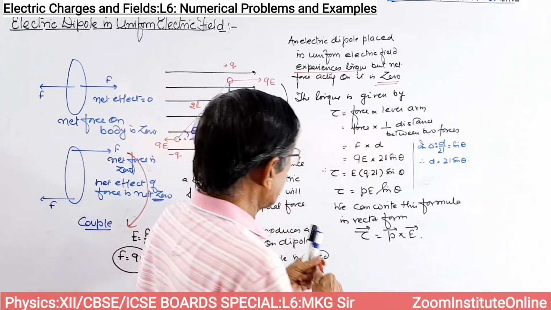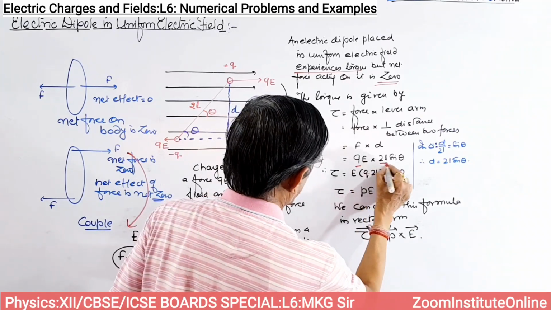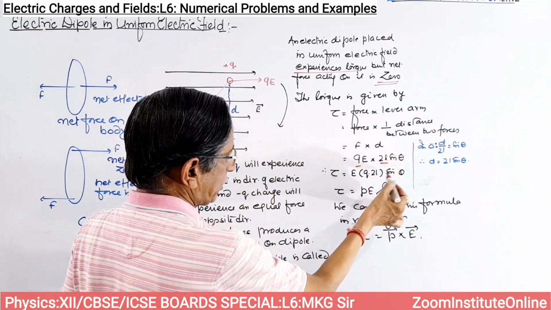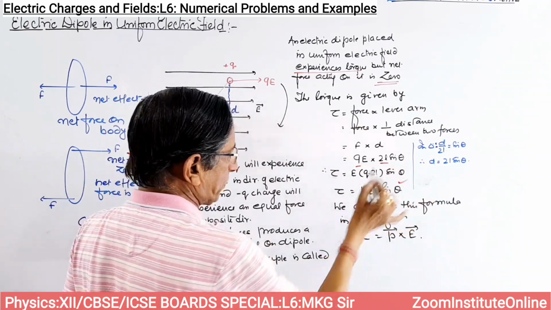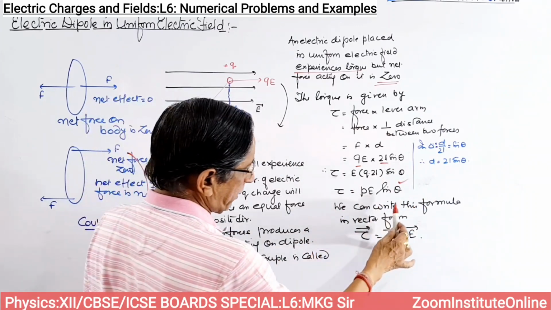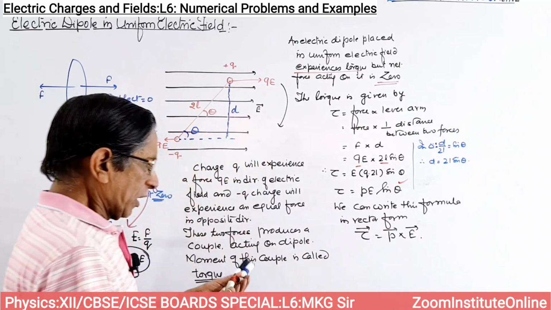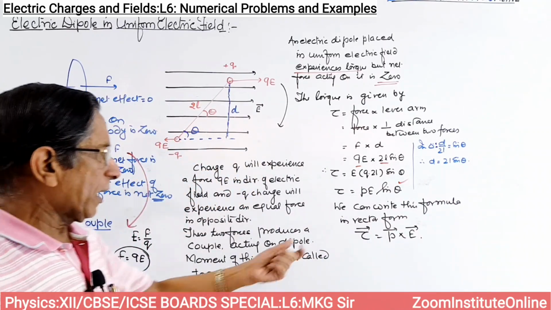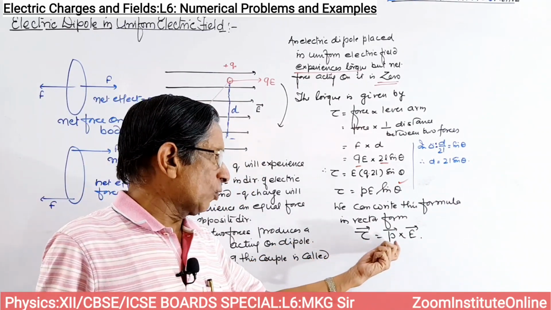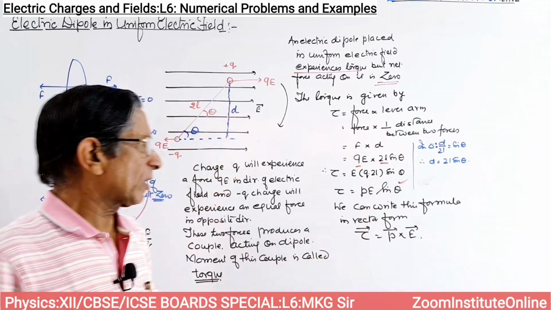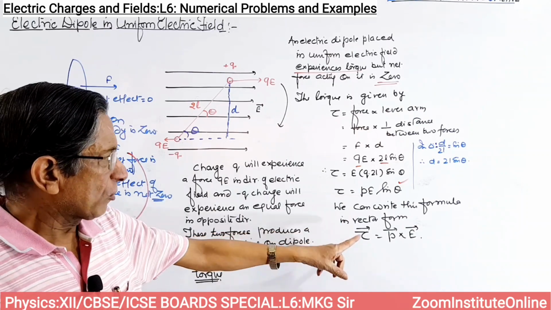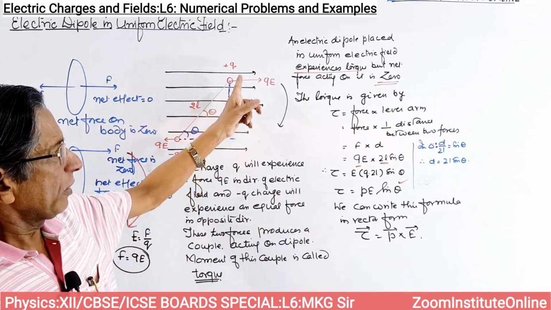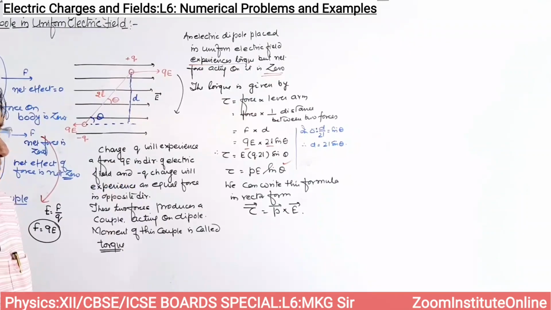तो tau इज इक्वल टू E, 2ql को हमने एक साथ लिख लिया, we have written q and 2l here, sin theta. q इंटू 2l हम पढ़ चुके हैं क्या होता है p, तो tau इज इक्वल टू क्या है बेटा, pE sin theta। We can write this formula in vector form. अगर हम वेक्टर फॉर्म में लिखेंगे तो क्या आ जाएगा, टॉर्क वेक्टर इज इक्वल टू p वेक्टर क्रॉस E वेक्टर। So this is the expression for torque acting on dipole placed in uniform electric field.